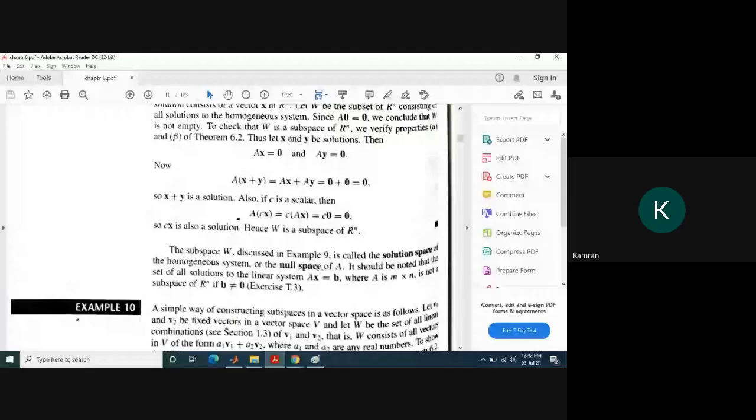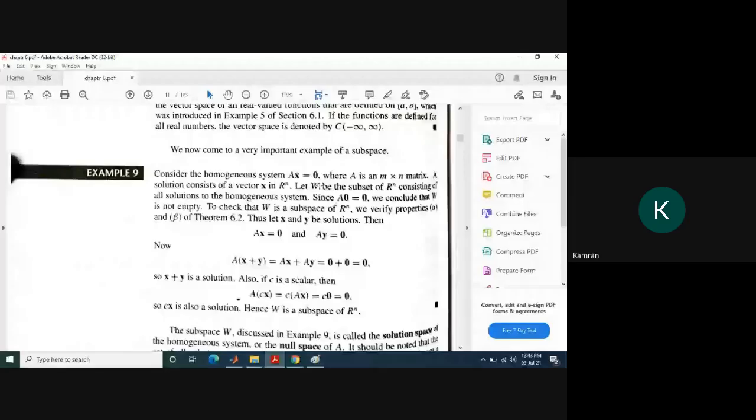इसको हम क्या कहते हैं? Null space कहते हैं, क्योंकि जितनी भी elements हैं वो 0 को map होते हैं. So this is called the null space. ठीक है? थोड़ा repeat करें. So देखें, W contains all the solutions of the homogeneous system Ax is equal to 0. This is a system, and the solution of this system is x. W contains all the solutions of this system.